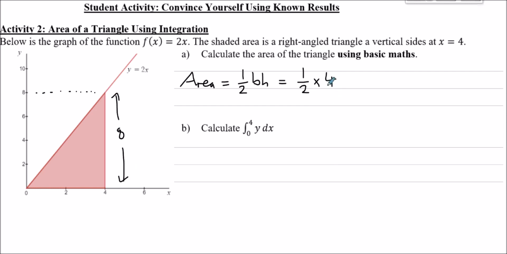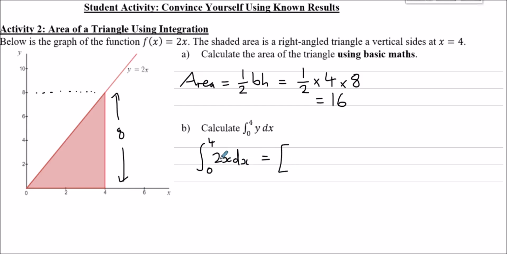So half times 4 times 8, half of 32, that just gives us 16. We can verify this using integration. So the limits are 4 and 0. Now y is 2x. So if we integrate 2x with respect to x,